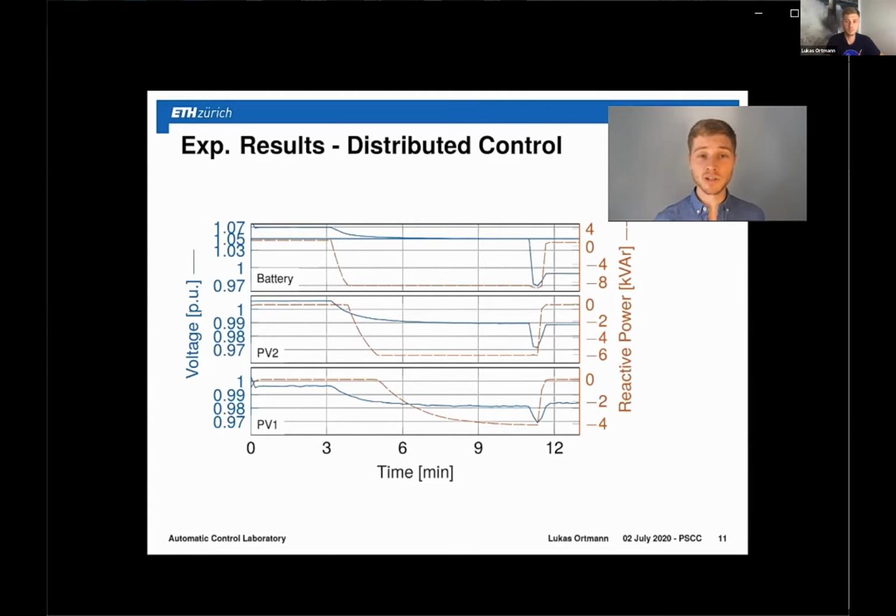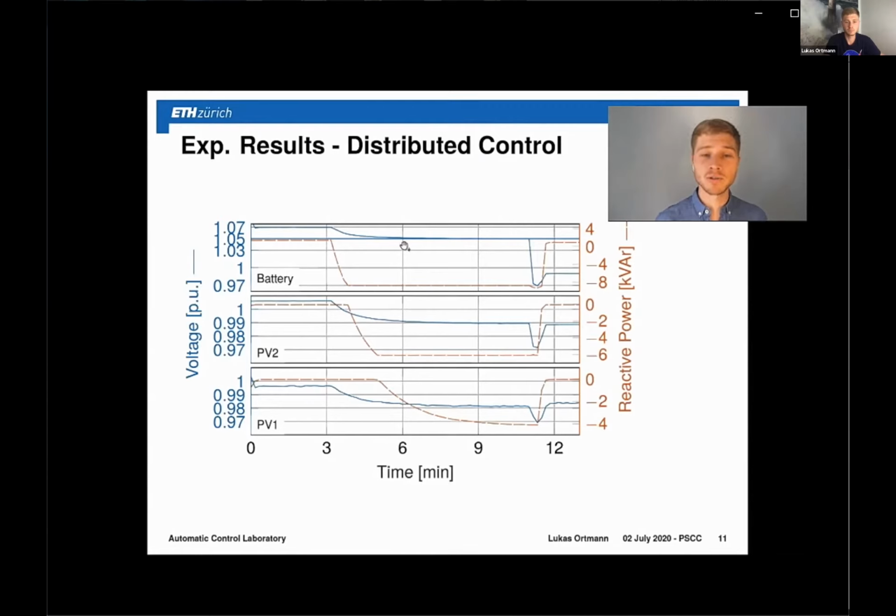Once it hits this reactive power limit, then the mu update becomes active, and the mu values are going to be different to 0. These are then communicated to PV2, and then PV2 starts reducing its reactive power. Once the reactive power of PV2 is at its limit, then the dual multiplier mu of PV2 is going to become positive, and then this is communicated to PV1, and then PV1 starts reducing its reactive power,